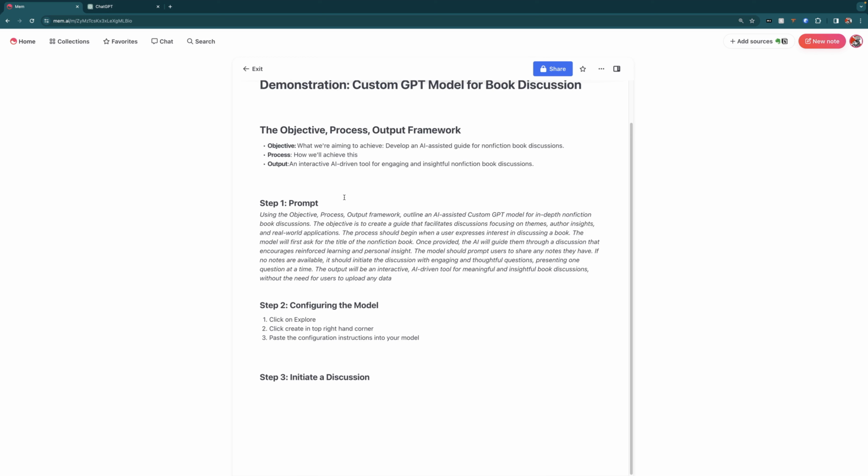The first thing you have to understand is what is called the objective, process, and output framework. And I actually discovered this by accident because I was having ChatGPT outline how I might build a custom model of some sort. And I saw that it used this, and I thought to myself, wait a minute, why did you use that? So I asked ChatGPT about this. And it turns out that this is actually a simple framework that we can use for building all sorts of